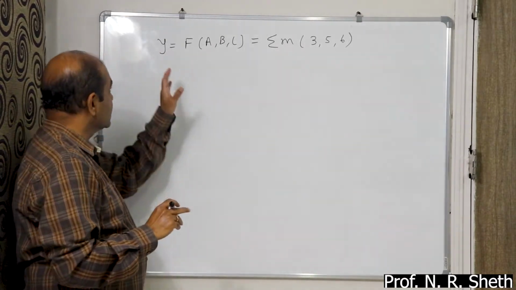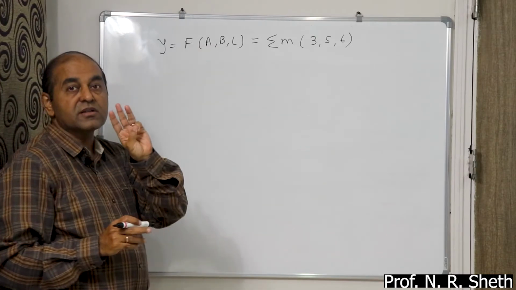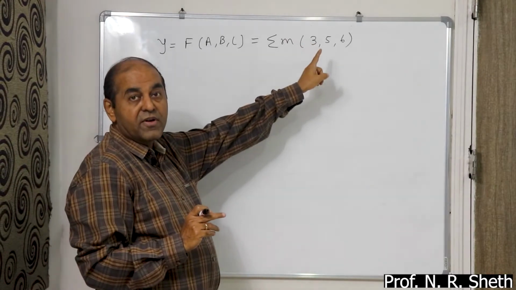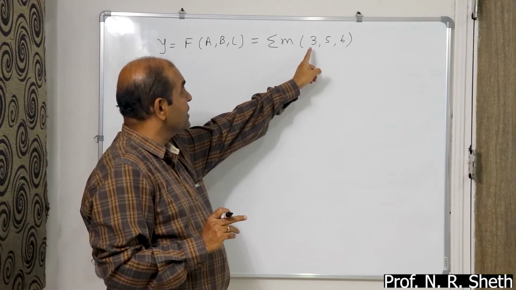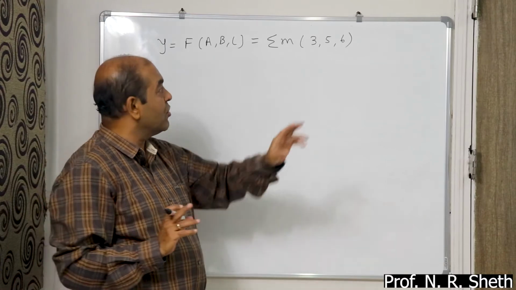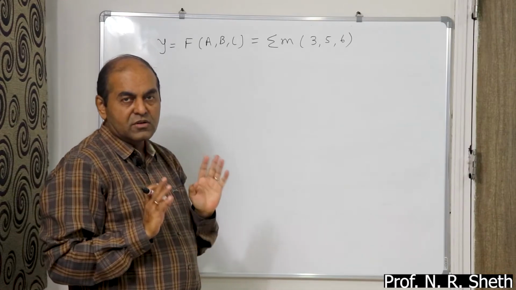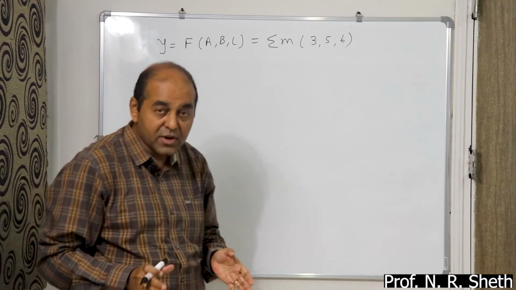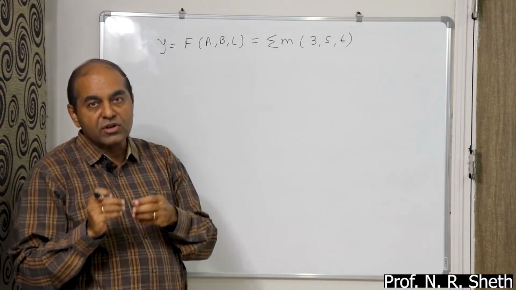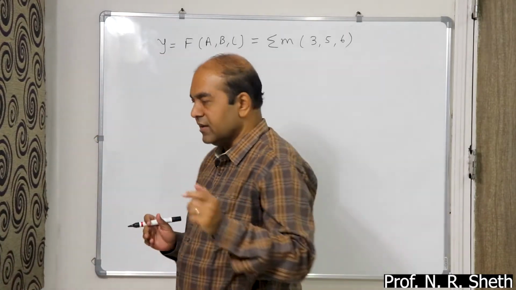Now what it suggests: y equals f of A, B, C means it is a 3-bit digital system, and the output is high when the equivalent decimal input is 3, 5 and 6. So out of 8 cases, only for cases number 3, 5 and 6 the output is high. So you have to first prepare a truth table, obtain the sum of product equation, draw the AND OR circuit and then replace it by a NAND circuit. Okay, let's start again.